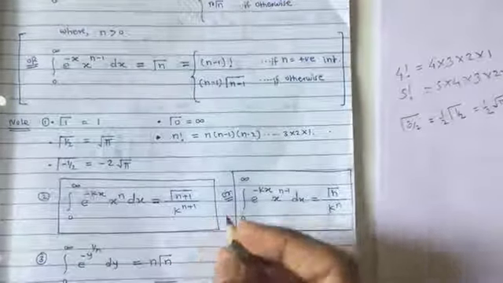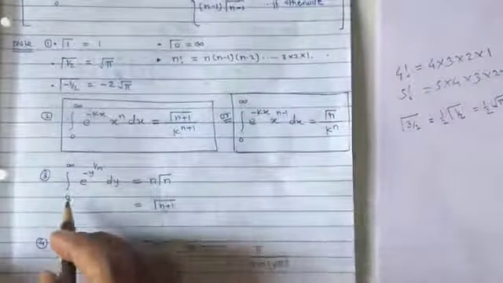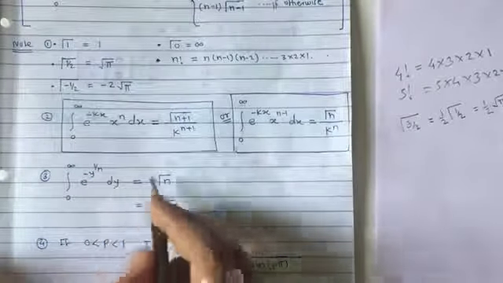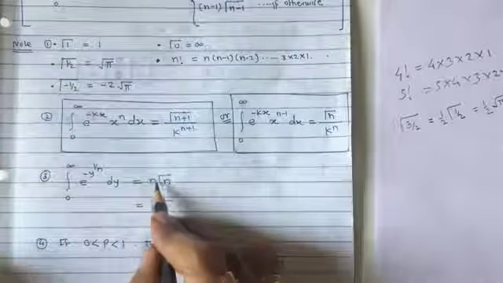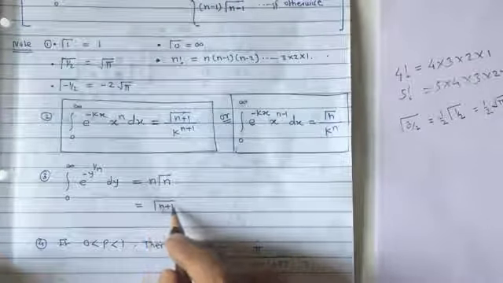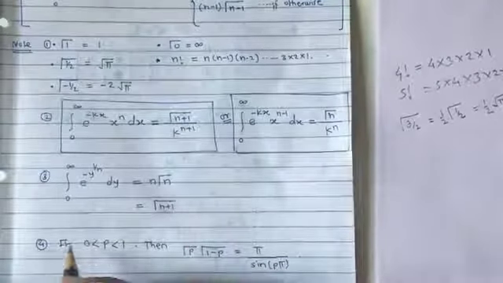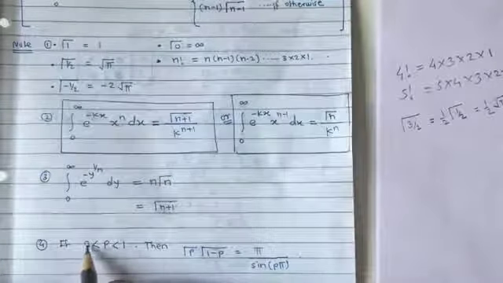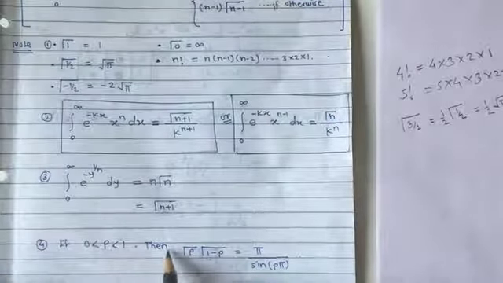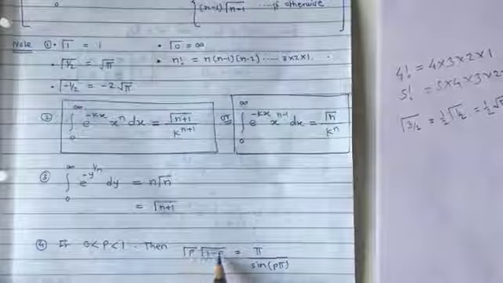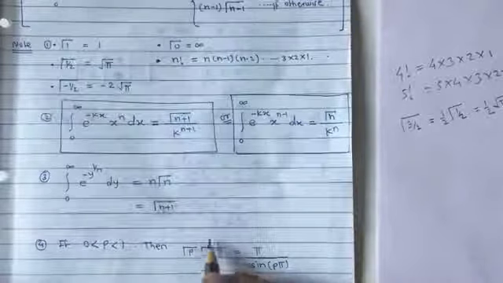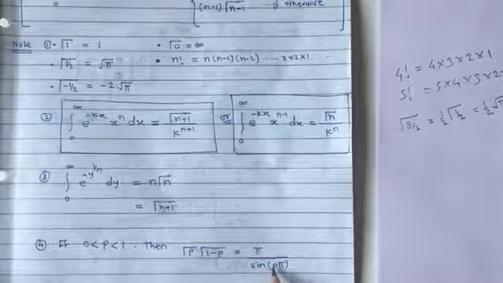Okay, then third note: the integral from 0 to infinity of e raised to minus y raised to 1 by 2 into dy is equal to n into gamma of n, and that is gamma of n plus 1. Next, fourth note: if any number lies between 0 and 1, that is 0 is less than p is less than 1, then gamma of p into gamma of 1 minus p is equal to pi upon sine of p pi. That is the simplification of this term, equal to pi upon sine of p pi.